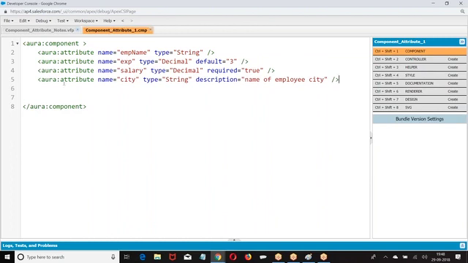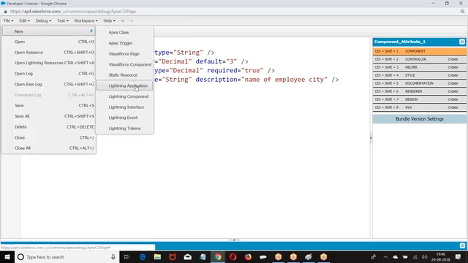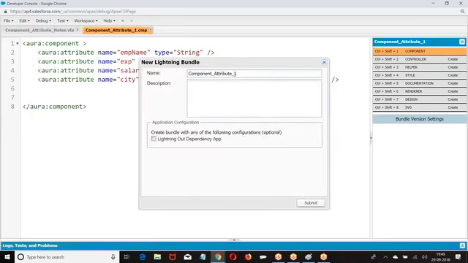Now you created a component. When you create a component, somebody can call this component by passing data. Now this is the component we created, and I want to call this component. Lightning application.